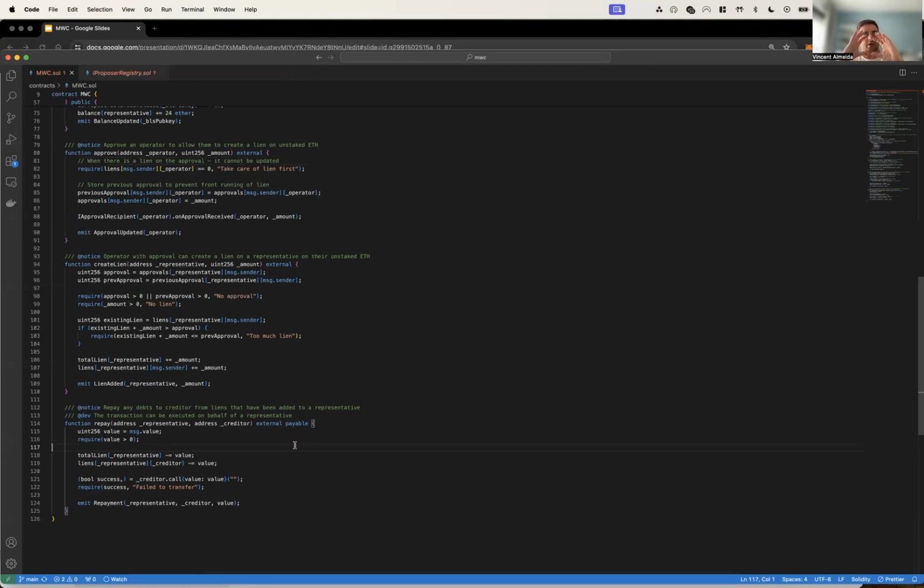We keep this core kernel really, really simple, but allow the ability to build really powerful instruments on top of that. If you can keep this simple, you understand the surface area, you understand what you're dealing with from a module perspective, from a user perspective. You can revoke your approvals anytime. You can repay anything that needs to be repaid in order to keep your access to the other modules and